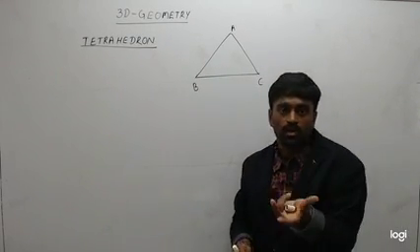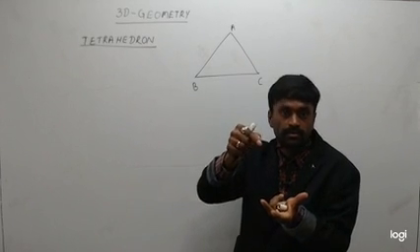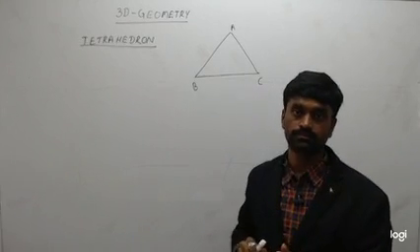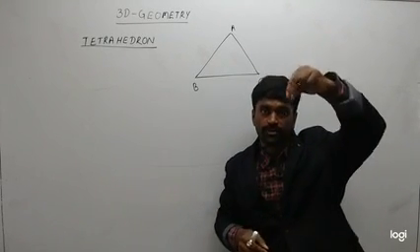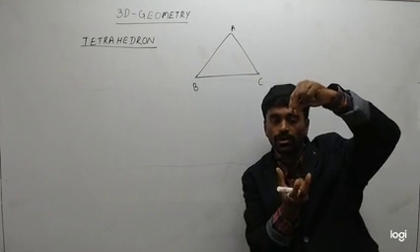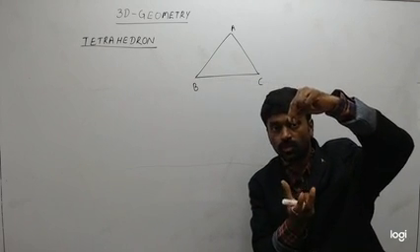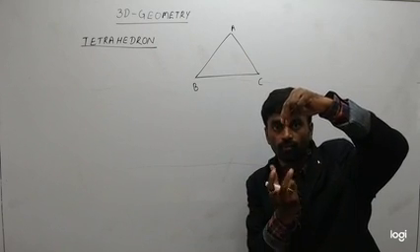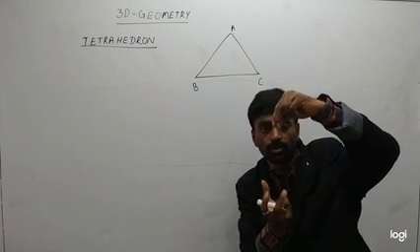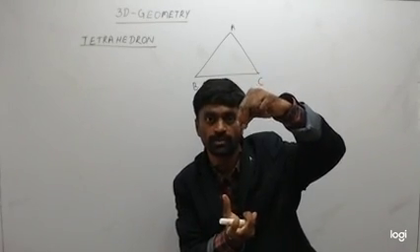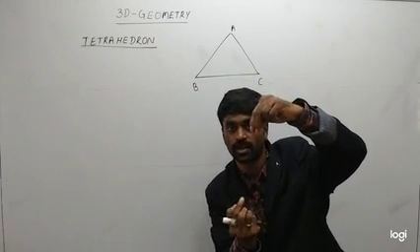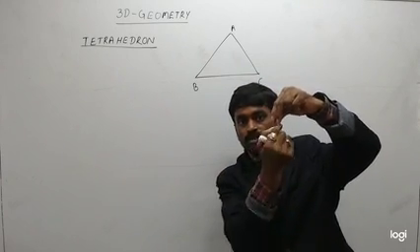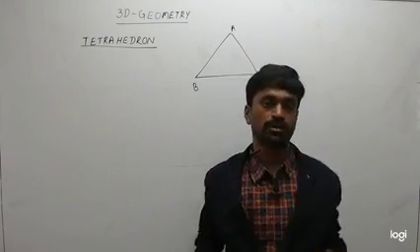Or you take one triangle ABC. You tie the thread at the vertex A, at the vertex B and at the vertex C, and pull all those 3 threads like this. Then automatically base is already triangle ABC. D is here. Then total how many faces will we get? 4 faces. Each face is a triangle. First face is base ABC triangle. Next face is ABD. Next one is BCD. The last one is ACD. So that is the shape of tetrahedron.